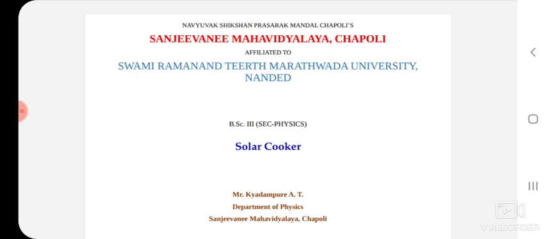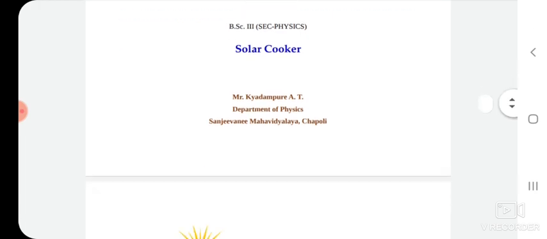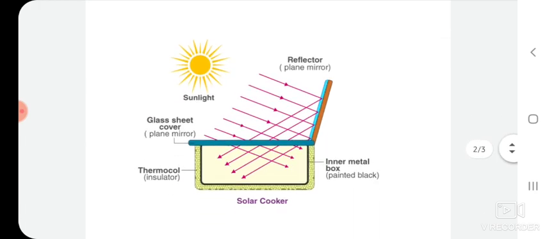We normally use a stove or an oven for cooking vegetables, meat, and rice in day-to-day life. Using a solar cooker, we cook the same things but by using sunlight instead of gas or electricity. In this article, we are going to discuss the working and construction of a solar cooker.